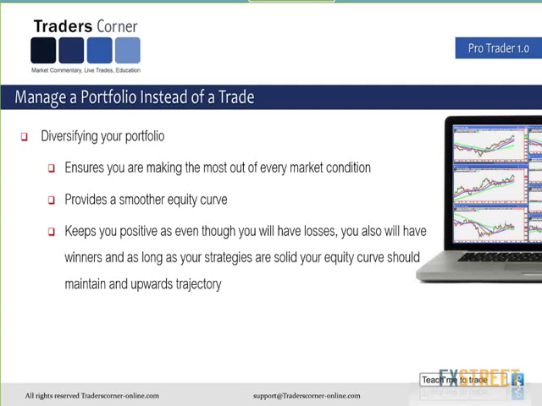Does that make sense? So by diversifying your portfolio and having different strategies, even if you're trading the same market, so we're all here looking at the FX market, the fact that you've got different strategies allows you to diversify your risk. So if one strategy isn't working, the other one is. Sometimes you will get both strategies not doing so well at the same time, and sometimes you'll get both strategies doing wonderfully at the same time. But the important thing here is to smooth out your equity curve, so you get a nice upwards trending movement on your P&L. Does everybody follow me so far?